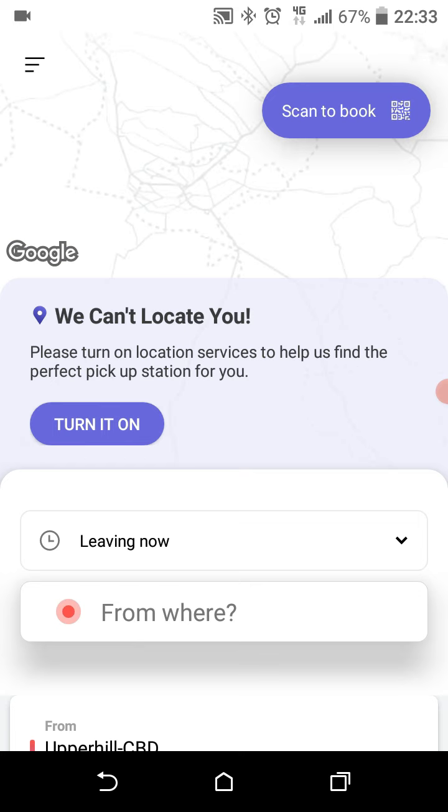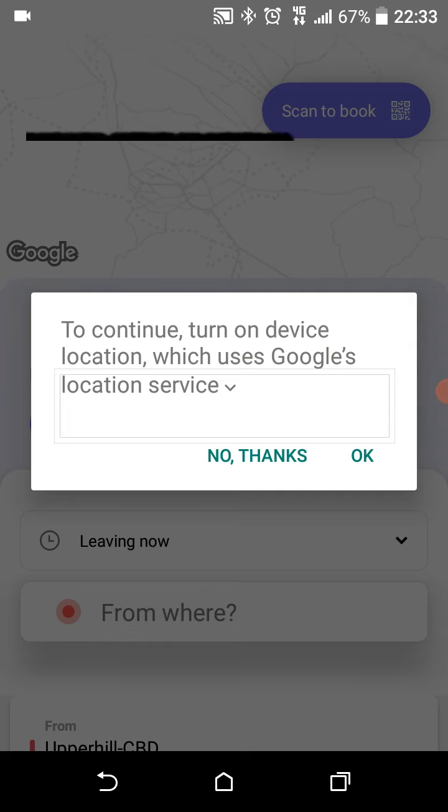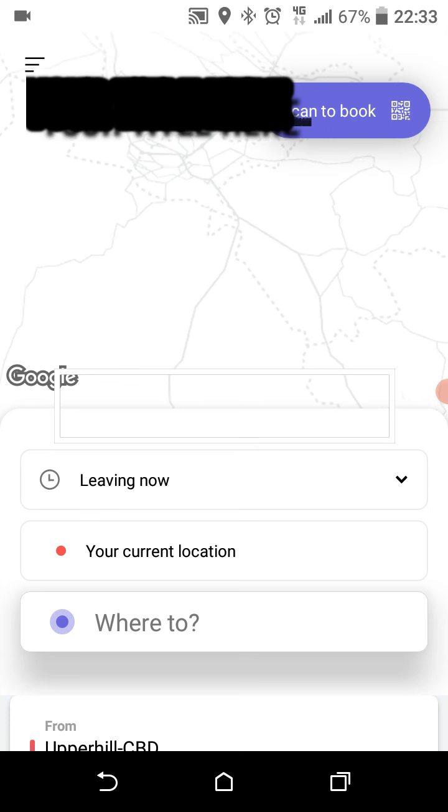So it says they can't locate you. You can turn on the location so they can know where you're traveling from. Okay. If it is your first time using this app and you have signed up until you have reached this place, and you used